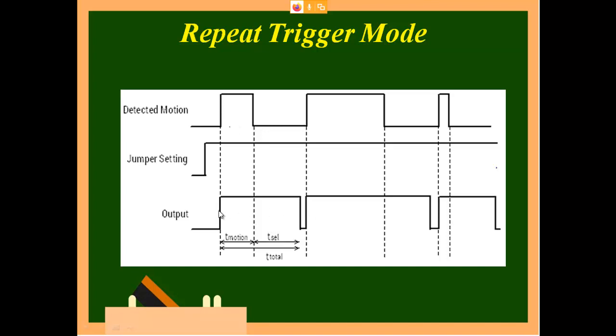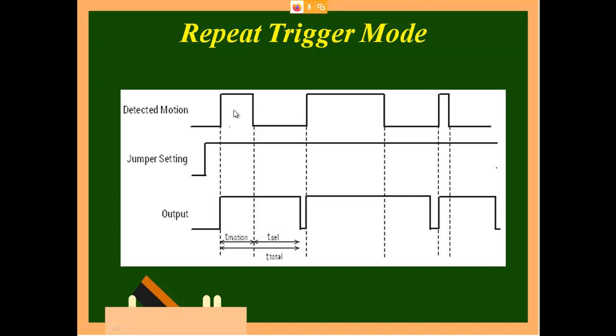Okay, so now what happens is, motion is only in this region, then there is no motion, but your output remains one till it covers the entire cycle. If you take the entire cycle as 100%, till 98% you will have output. After 98% you will have zero output for that remaining 2%.